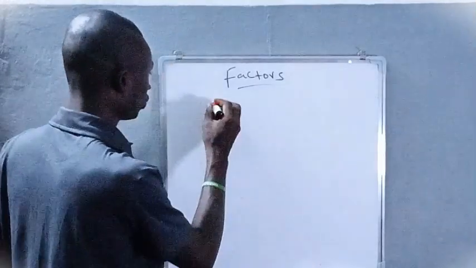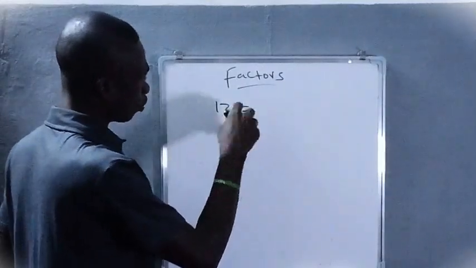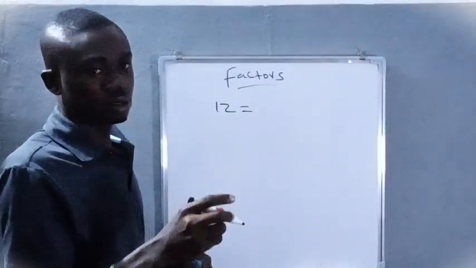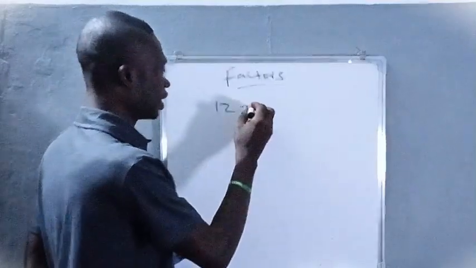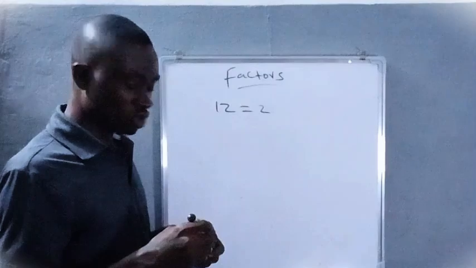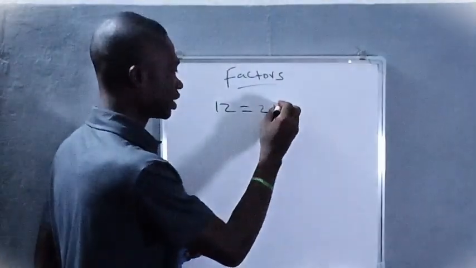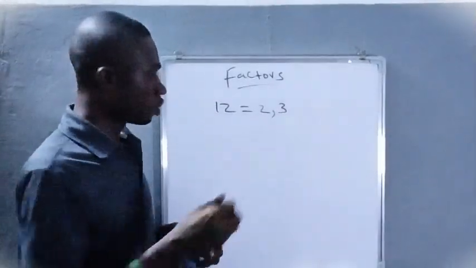So let's go to our board. When you talk about factors of 12, what are the numbers that can divide 12 without remainder? That is what is referred to as factors. Now you know you can divide 12 by 2. When you say 12 divided by 2, it will give you 6. You can also divide 12 by 3. So 3 is another factor of 12. You can also divide